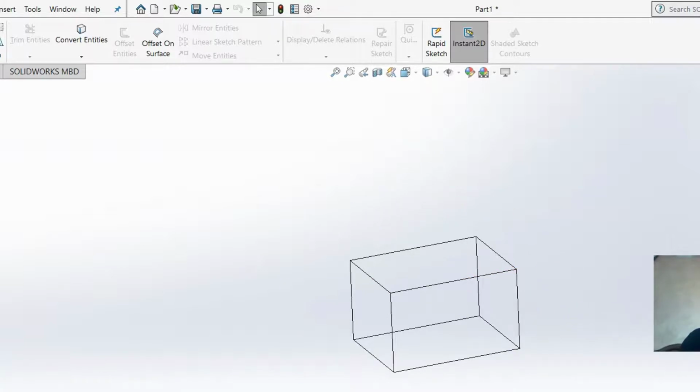In this solid form, there is a confusion whether this edge is in front or at the back. It can be on the front side, it can be on the back side, but if you go to hidden, then the dotted line will automatically indicate that this edge is at the back side.